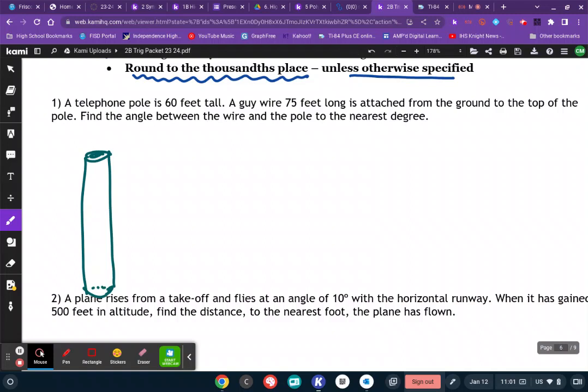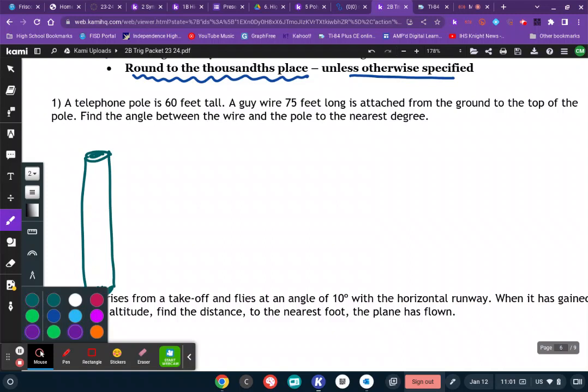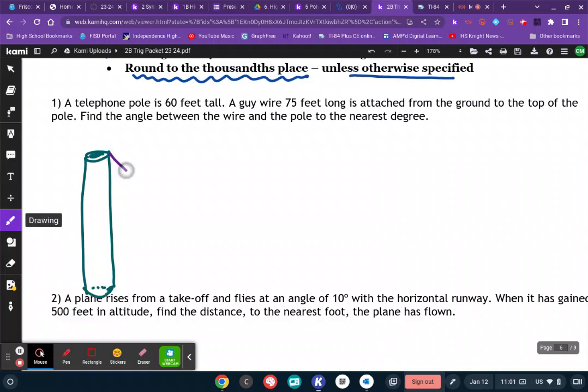That's kind of similar to a guy wire. It's the wire that connects the tree and then gets staked in the ground to give it support to hold it up. And usually there's one on either side,